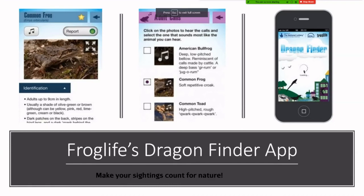Okay, so we're moving on to what the Dragon Finder app is and why you should use it. So the Dragon Finder app is Froglife's identification and sort of data management app. So if you see an amphibian or reptile species, you can use it to help you identify it. There's a sort of question elimination process that asks you about different features, and then it should give you an answer as to what you've seen, and then you can actually make a data submission using the app